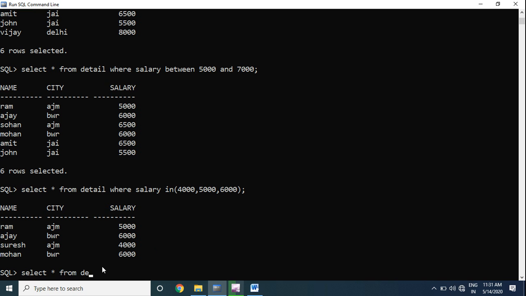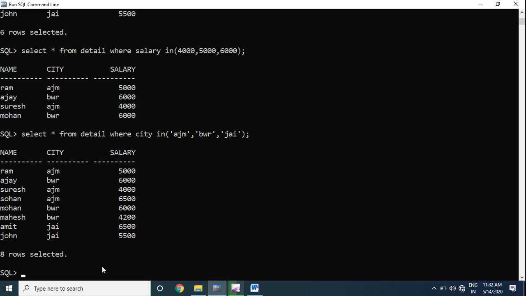Like select star from detail where city in Ajmer, Byawar and Jaipur. So it will display all records whose city is Ajmer, Byawar and Jaipur.